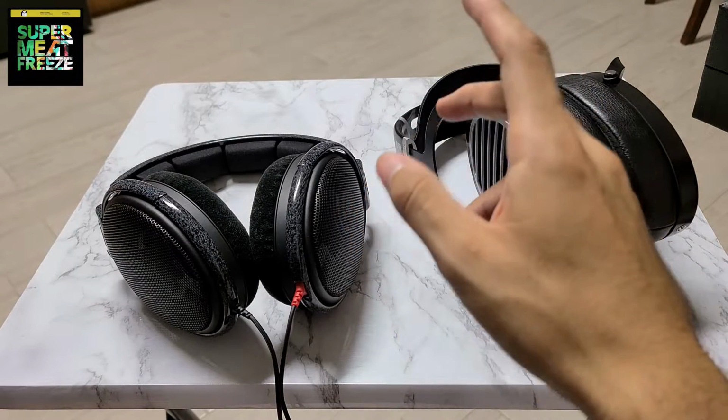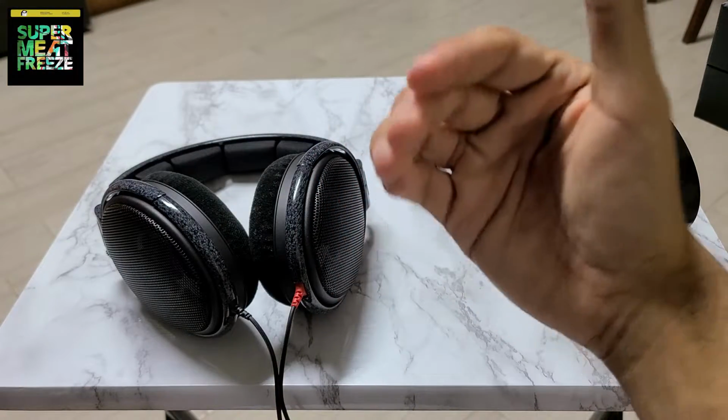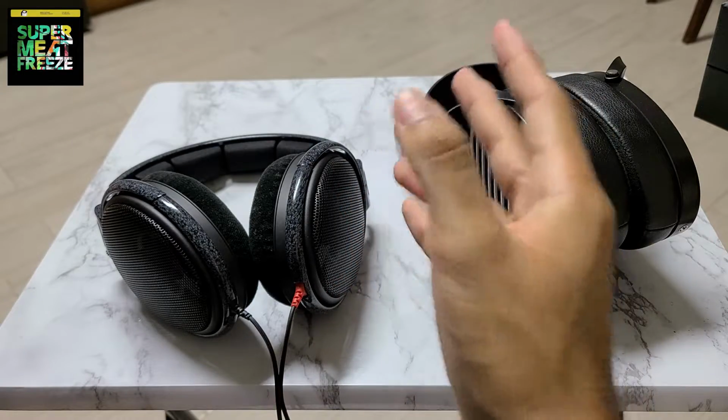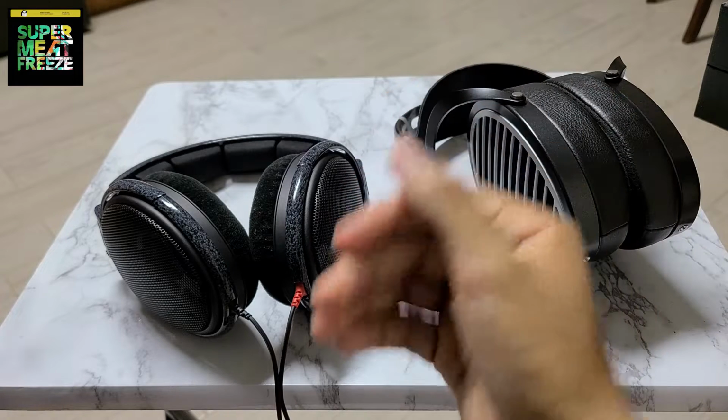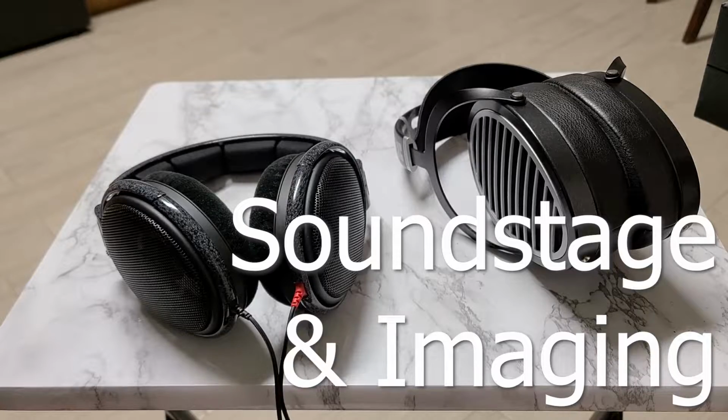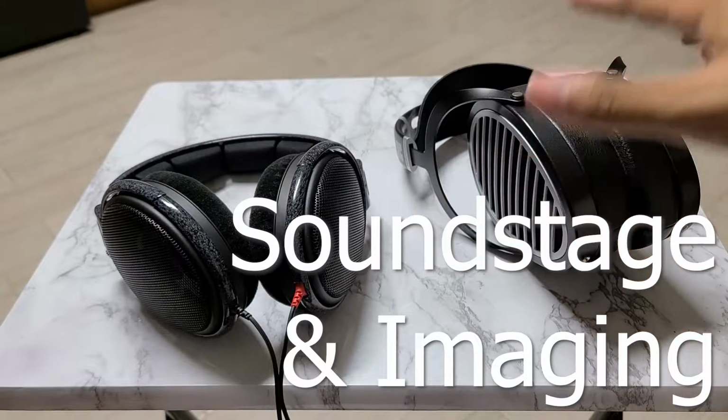The Anandas really make the entire high-end sound very silvery and forward. Although it can be a preference, it is definitely far from neutral. And personally, it's just more of a gimmick to me than, I guess, a faithful reproduction of what sound actually is. Now, as far as soundstage and imaging are concerned, the Anandas don't necessarily have a very wide soundstage,